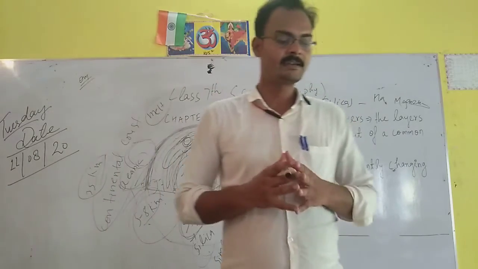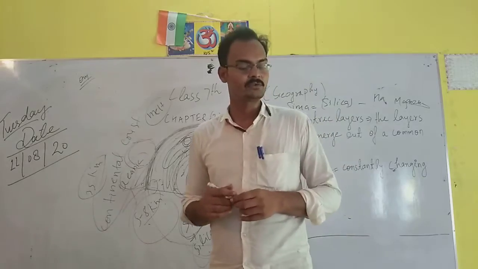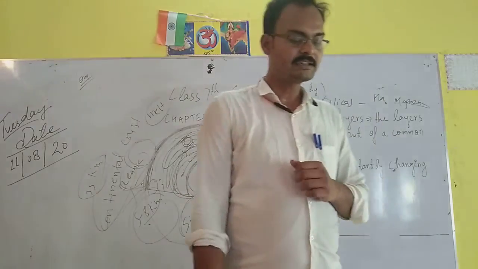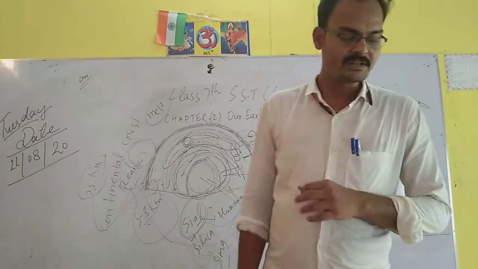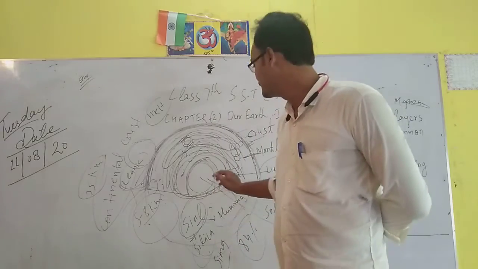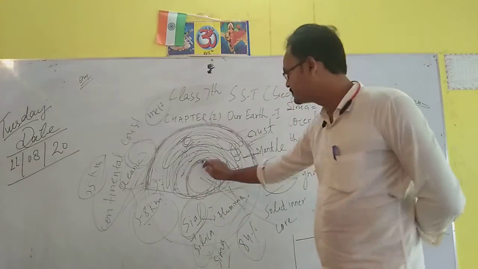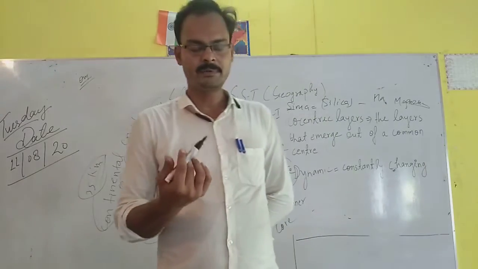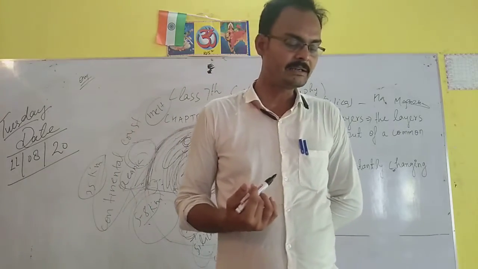Core, the last layer, is the core, the inner side. The core is the innermost layer of the earth that lies just below the mantle. It is about 3,500 km in thickness. It consists of the outer core and inner core. This last, solid inner core is there, and nearby that area are the upper and lower parts.